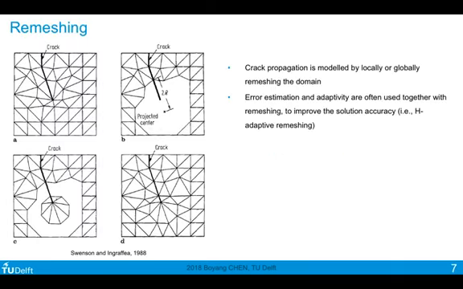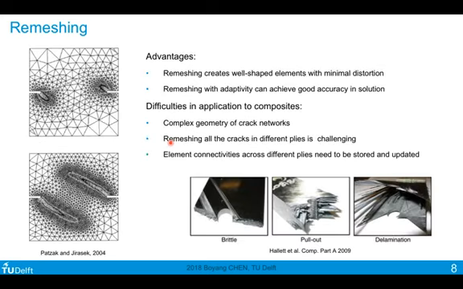And the most traditional, most straightforward way is to simply do a remeshing. We basically delete the elements around the crack tip, then remesh the region according to the new crack geometry, so that the elements always conform with the crack geometry, and we always represent a sharp crack. This method applies to all cases. It's generic, but it is, however, quite tedious to implement because you need to delete original elements and then you need to form new elements.